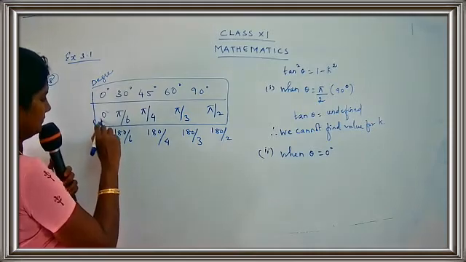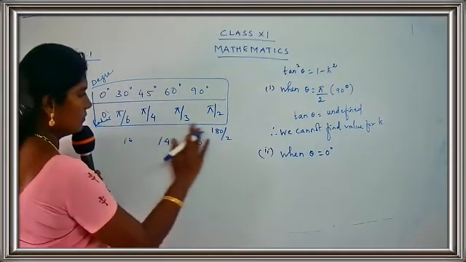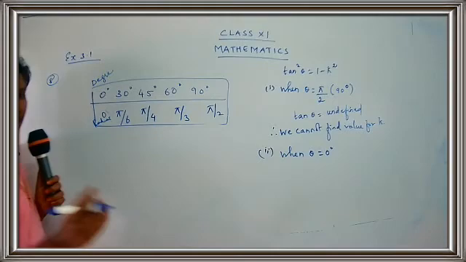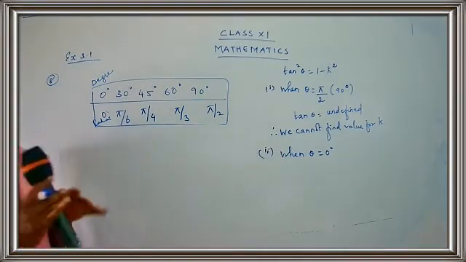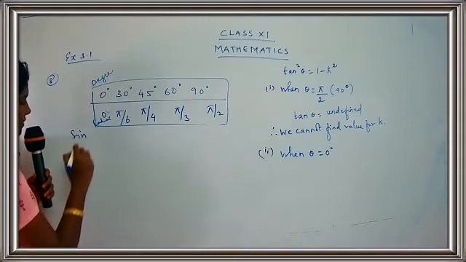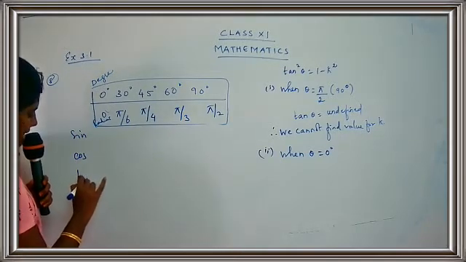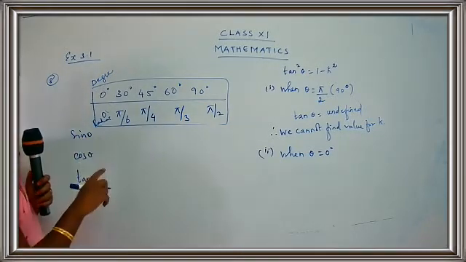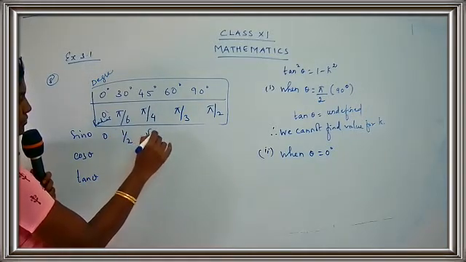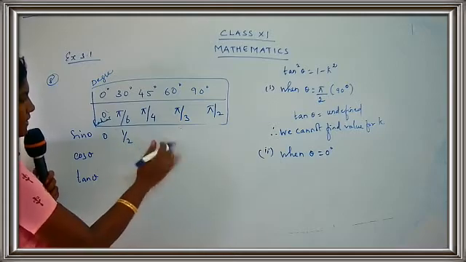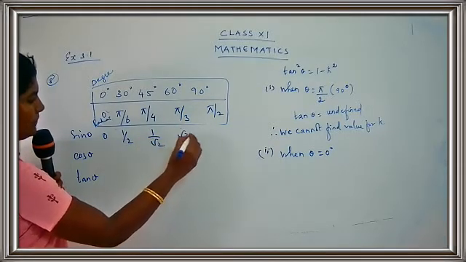This is the radian. Now, I'll be writing some of the trigonometric functions, three functions are enough because here we are going to deal with tan. So I'm just going to take sine, cos and tan. You have to remember the first values: 0, 1 by 2, 1 by root 2, root 3 by 2 and 1.